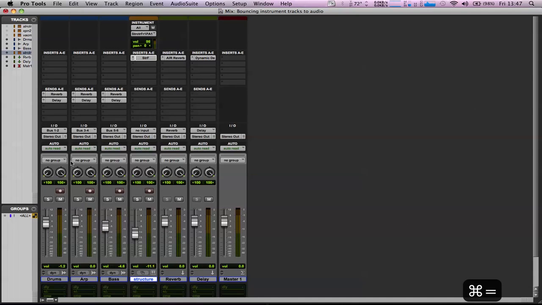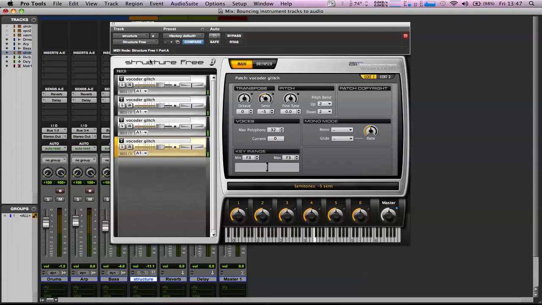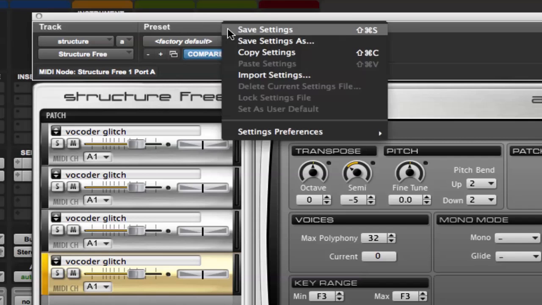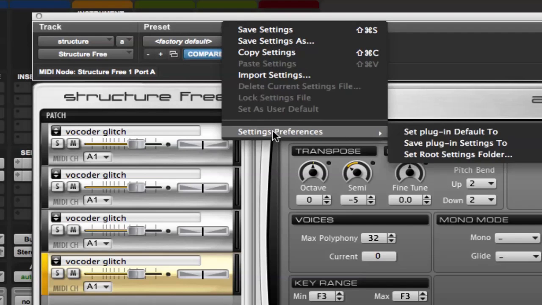If I go to the plugin for Structure Free, okay? Now, if we go up here, I'll zoom in just a bit. See where it says Preset there, and there's this little triangle here. If I drop that down, we've got all these settings relating to the plugin settings, okay? So you can use Save Settings and Save Settings As to save the patch that you've got in any plugin. This isn't just for Structure, this is for any plugin. But what's very important is if you go down to Settings Preferences and